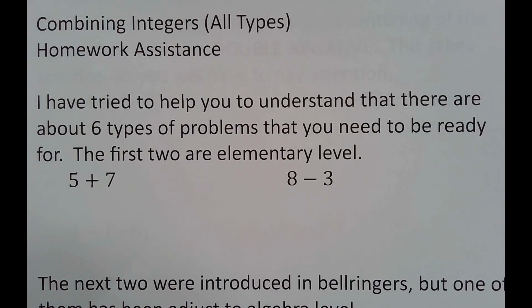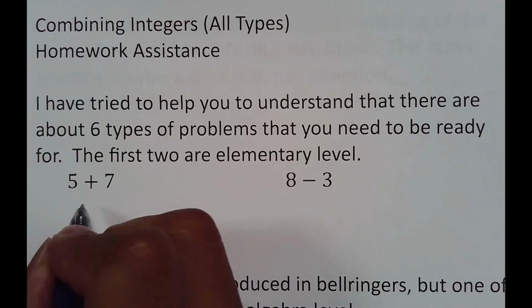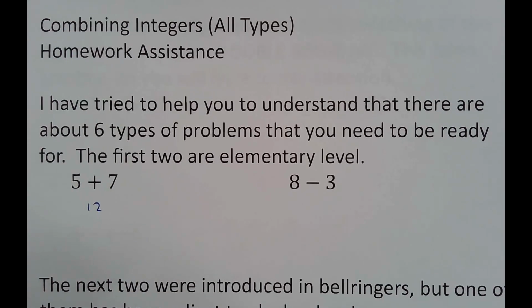All right, I have tried my best to help you understand there are about 6 types of problems you need to be ready for when it comes to combining integers. I said the first 2 are elementary level, which is the ones you see on flashcards. 5 plus 7 is 12. Don't overthink it. 8 minus 3 is 5. Don't overthink it. So again, when you see the ones that look very familiar, just go straight through to the